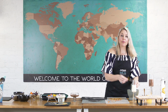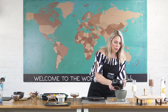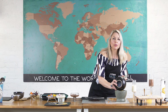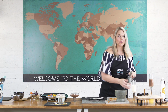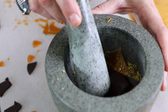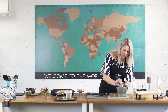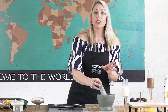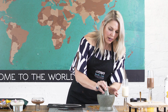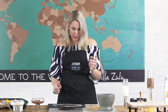So that's lovely toffee, and what I'm going to add to that are some pistachios. So pistachios work very well with desserts. I love the beautiful color, I love the flavor, and of course they look extremely expensive, and your guests will feel how you feel about them when you use beautiful sexy ingredients like that. We're just going to bash it up lightly, and this is when I like to call it a fancy name, something like dessert dust or dessert bling, or a dessert gravel, whatever you feel you can use on your guests